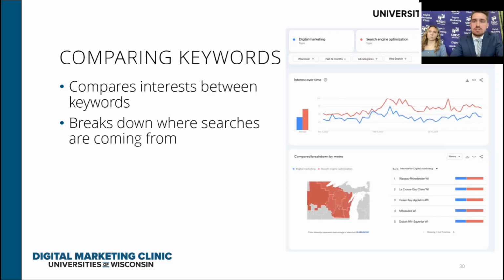Google Trends also allows you to compare multiple topics, which can be beneficial to see where the most potential is. It will provide information about the search volume of the topics so you can easily compare and see how each is performing against each other. Under the search volume graph, you can see where the search terms are coming from. So again, it'll give you an area breakdown. Hovering over each region in the map will also tell you the percentage of searches for your topic that are coming from that given region.